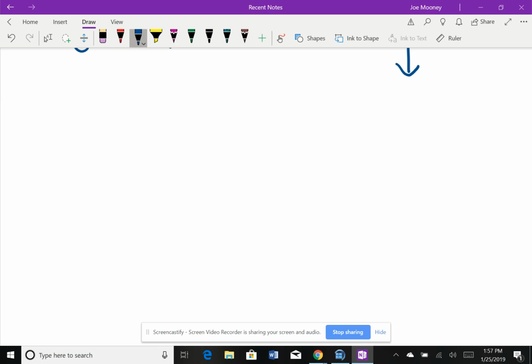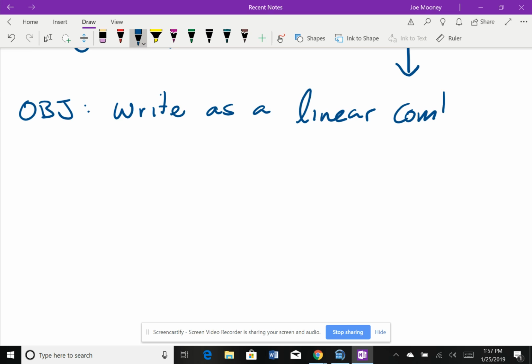So your next objective is going to be writing vectors as a linear combination. So when I ask for it in a linear combination, so if I said write -5, 2 as a linear combination, you would write, well,